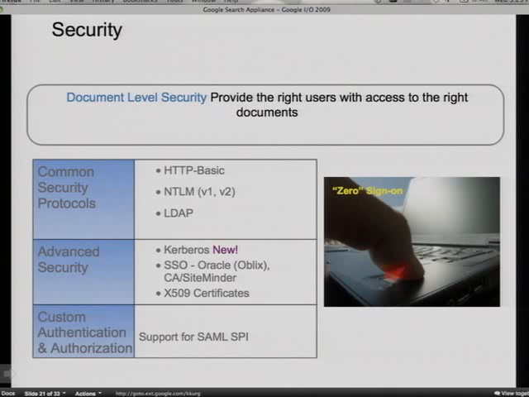But there might be cases where you want to do your own custom security. You might be using a database for authentication, or your authorization rules are stored in a proprietary repository which doesn't fall into any of these buckets. So what we support to write your own custom authentication and authorization code is SAML SPI. And SAML is a standard. It's not Google proprietary. It's an OSS standard which you can write your own SAML code both for authentication and